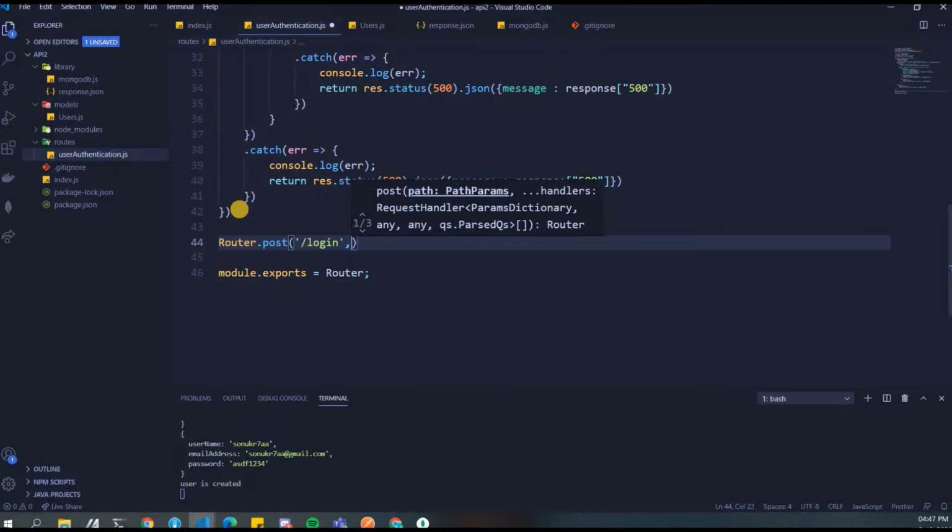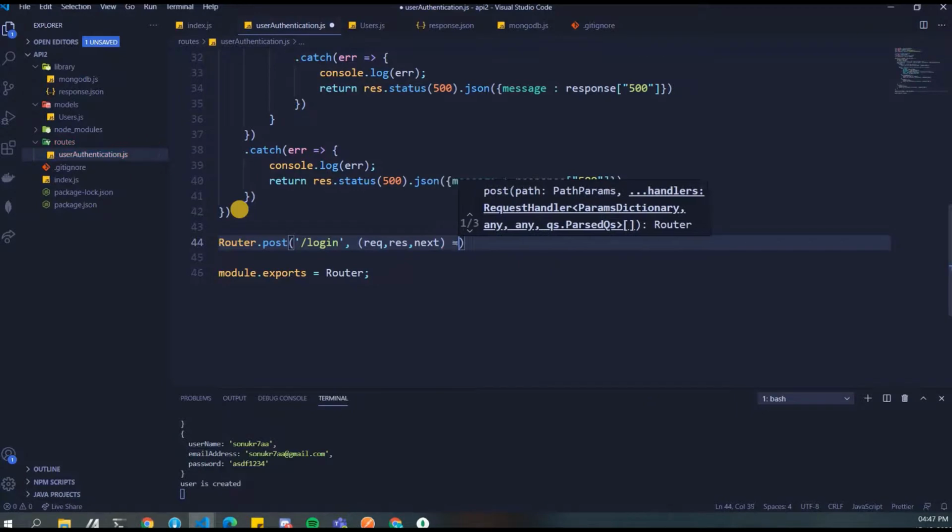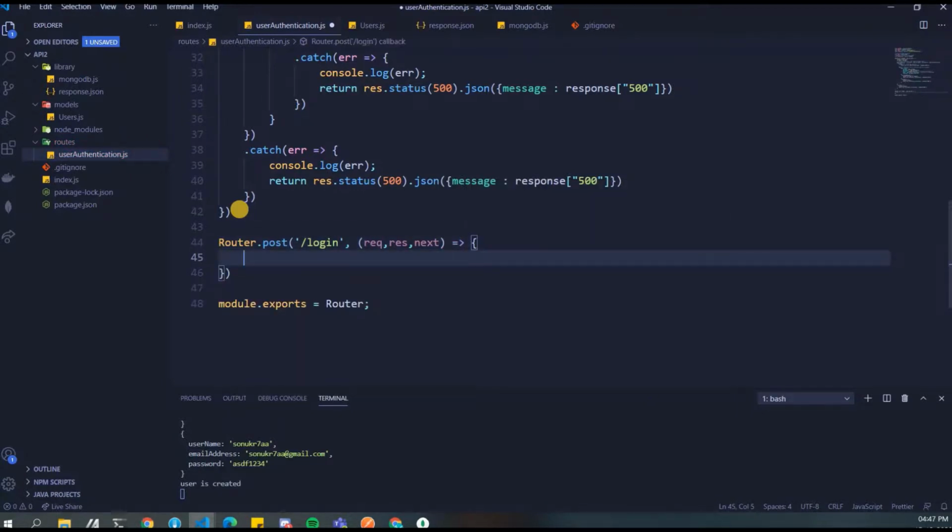Okay. So in login, there are two ways you can allow a user to log in: via username or via email address. So that's up to you how you allow a user to log in. Okay. So let's go ahead and see. So over here, what we'll do is similar condition. You can always write if the person is entering a username or password. Okay, you can give that condition, but for now, let's just keep it simple.